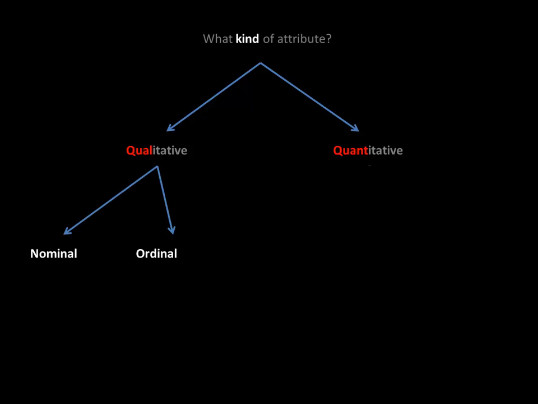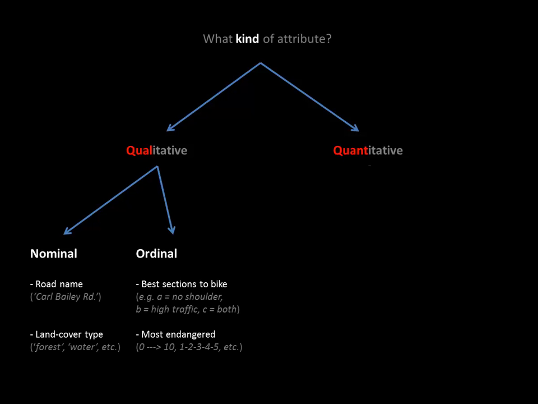So qualitative, we'll use the words nominal and ordinal. Nominal means just name, what are the categories, whether it's a road name or a land cover type. Even though we might be able to measure where the forest is or where the forest isn't or where there's water or that kind of thing, it still takes a human to call it a forest and subject meaning onto it. So for our purposes, qualitative data will be described as nominal, meaning a name, or ordinal, meaning